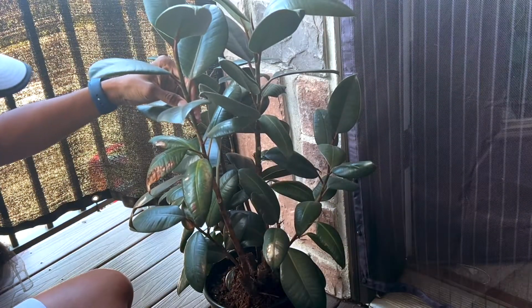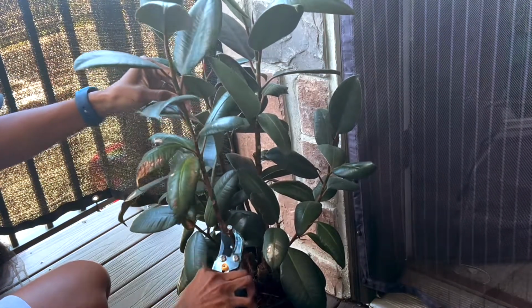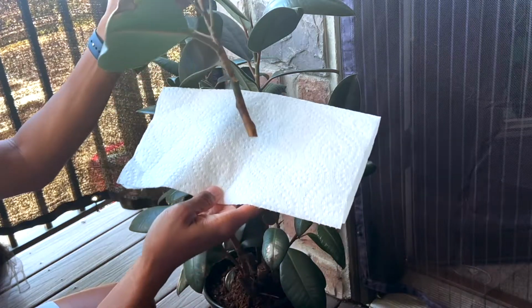So now I'm just going to start trimming the stems. As I mentioned before, technically I can just trim off those burnt leaves and just leave it as is, but I'd prefer to just propagate them, start over with a bushy plant. Now, I want you guys to see very